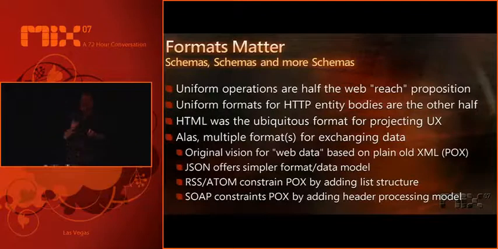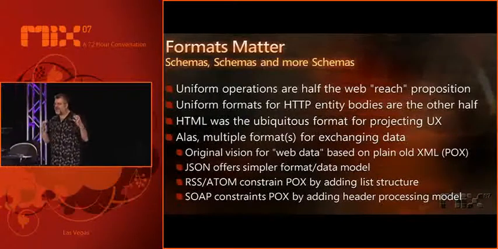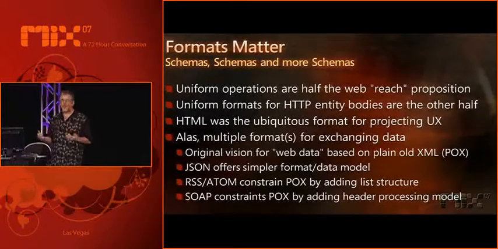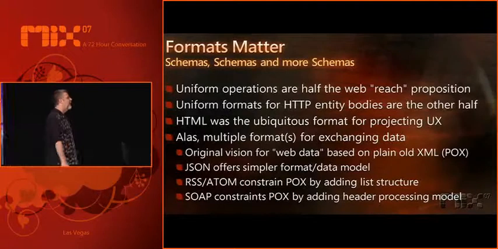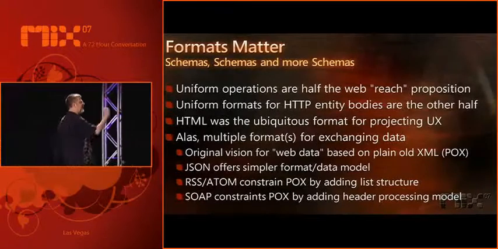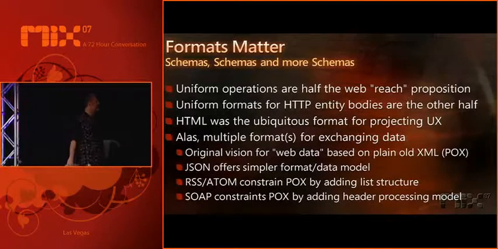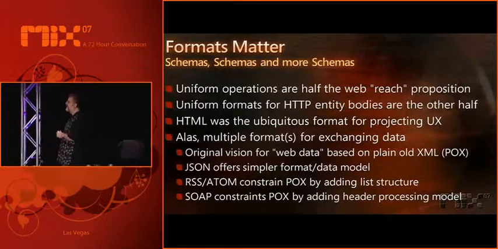Now, there was a point in time where it looked like maybe we would have one format, which was XML. Right? And certainly if you read the original Bosworth Sea Urchins paper and all the original 96, 97 era stuff about when XML was born, right? XML was data for the web and it was going to be the thing. And that notion of having XML being spewed up typically via GET from these services was a great vision. Unfortunately, devil's in the details.